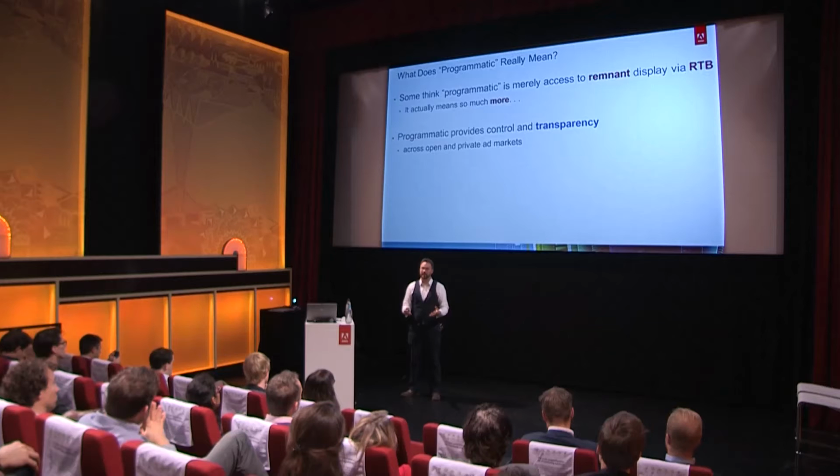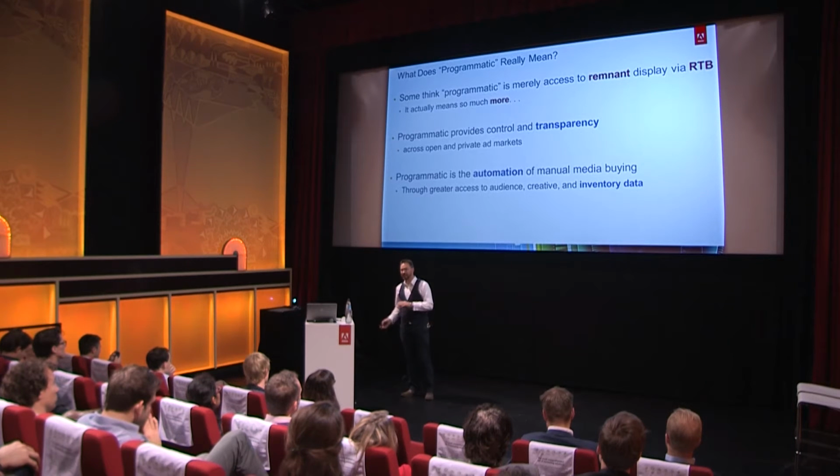After that, we find out, okay, yes, programmatic is the automation that gives us transparency, rather than us just going to our DSP or to the ad networks and hoping that they're giving us what we need. Through this concept, we're able to actually see into the inventory and audiences that we're buying, and also get some automation around actually buying it with that better data that we have access to.